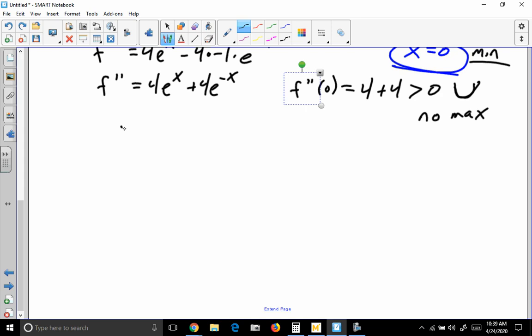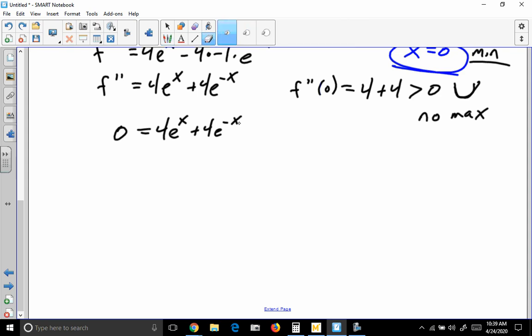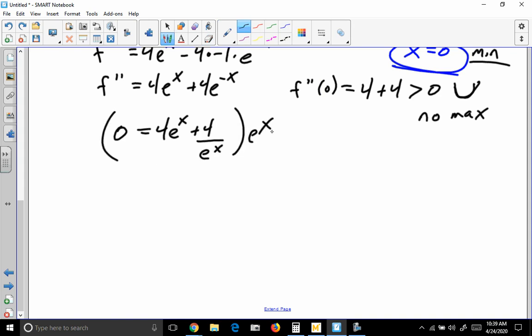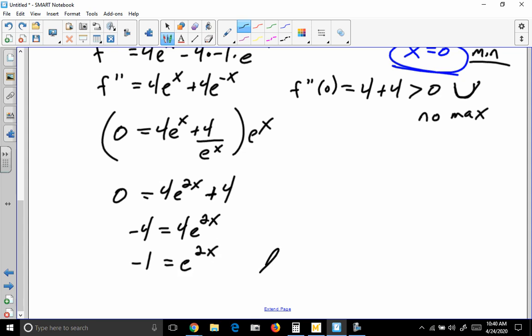Now, if we look for possible inflection points, we set our second derivative equal to 0. So we have 4 e to the x plus 4 e to the negative x equals 0. Or we could, as we did last time, put this over e to the x and then multiply everything by e to the x. So that gives us 0. That gives us 4 e to the 2x plus 4. If we subtract 4 from both sides, divide by 4, and take natural log of both sides,